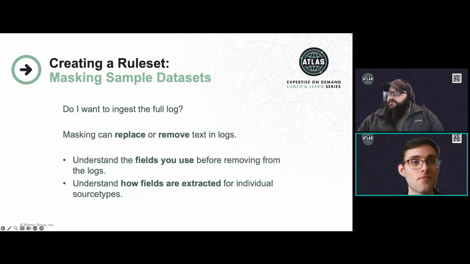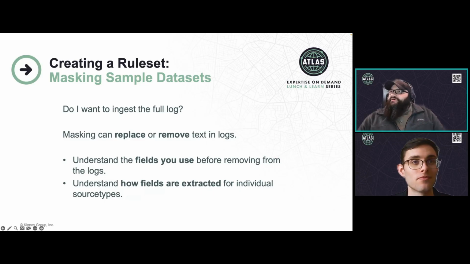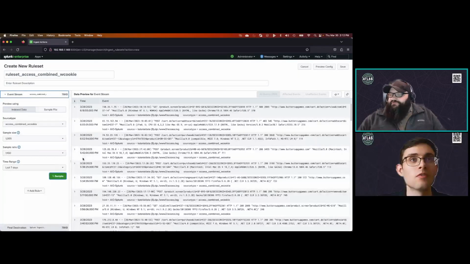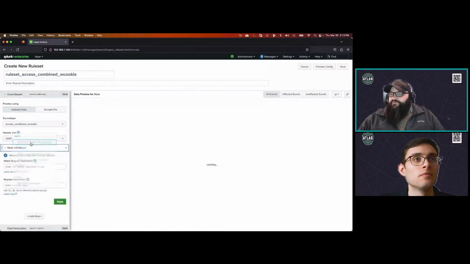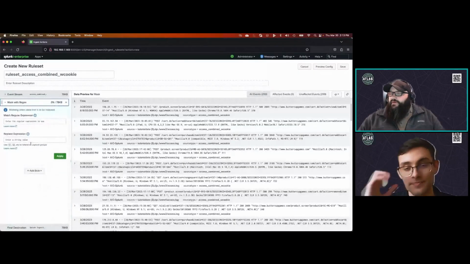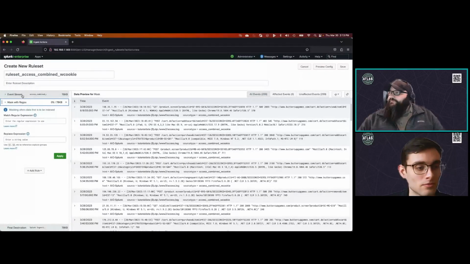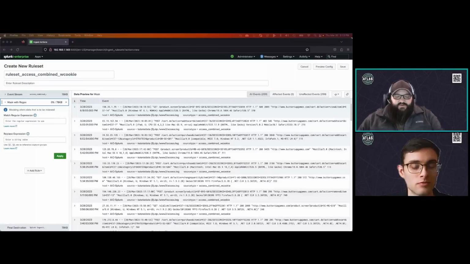Okay. Like Ellis had mentioned, sometimes admins want to be able to mask sensitive data such as credit card numbers, social security numbers, date of birth, etc. With Ingest Actions, what we can do here is add a new rule, mask with regular expression. And we create a new rule under our sample data set. And from here, we're going to enter in our regular expression that we want to match on. So in this example, what we're going to do is